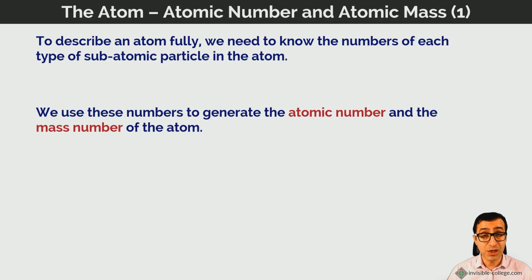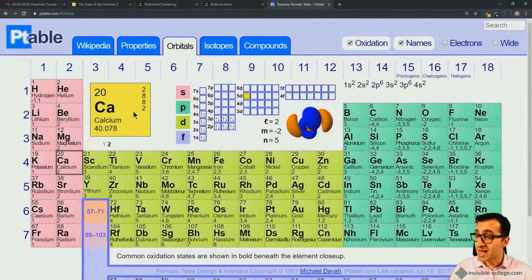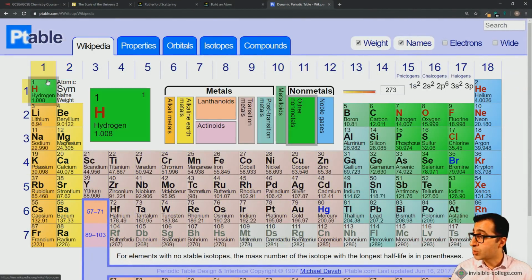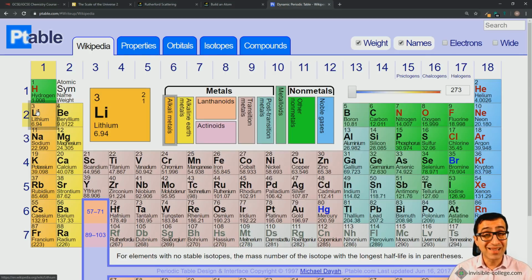Every atom of each element contains a unique number of protons because every element in the periodic table has its own unique atomic number. So hydrogen is 1, so all hydrogen atoms have 1 proton in them, and only hydrogen atoms have 1 proton. If we take lithium, on the other hand, only lithium atoms are atoms which contain 3